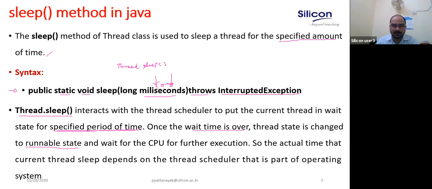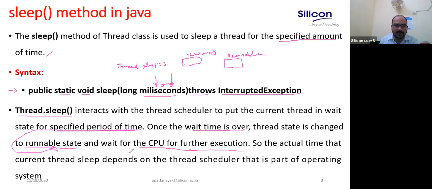The thread is moved to the runnable state, and waits for the CPU for further execution.